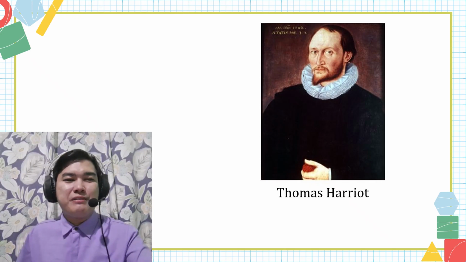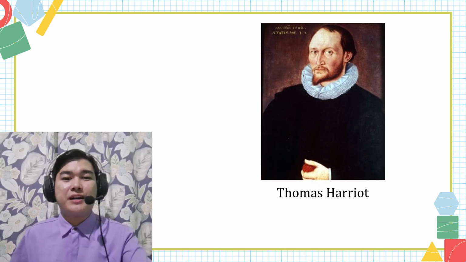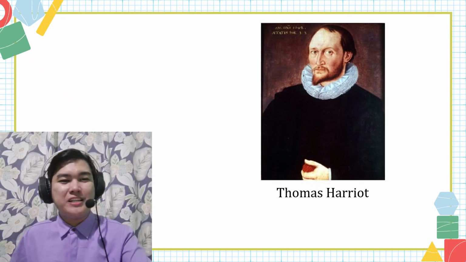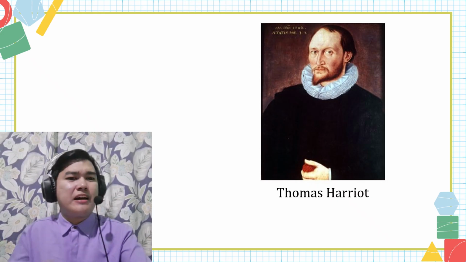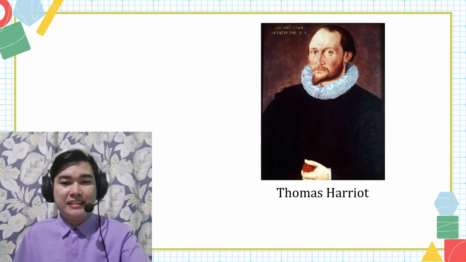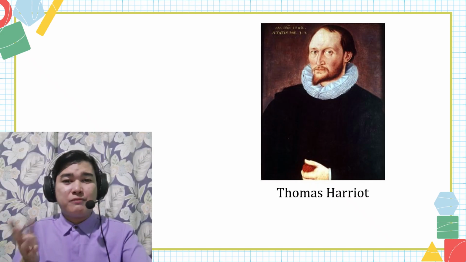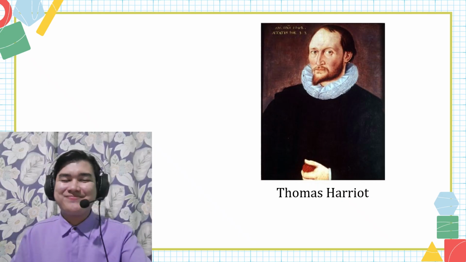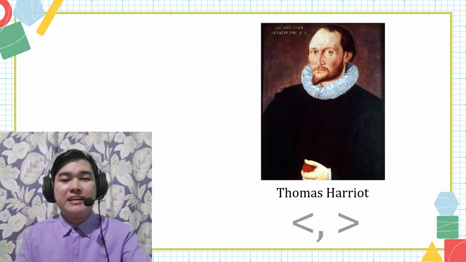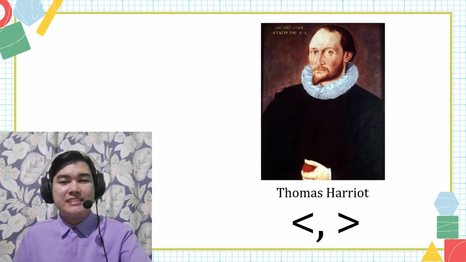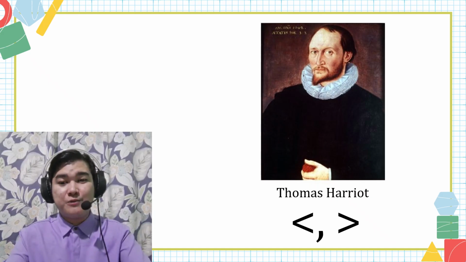Did you know that before the year 1631, if a mathematician wanted to say one number was bigger than another, they had to write a very long sentence in Latin? Imagine having to write a whole paragraph just to solve one math problem. This changed because of a man named Thomas Harriot. He invented the greater than and less than symbols. He wanted math to be a universal language.